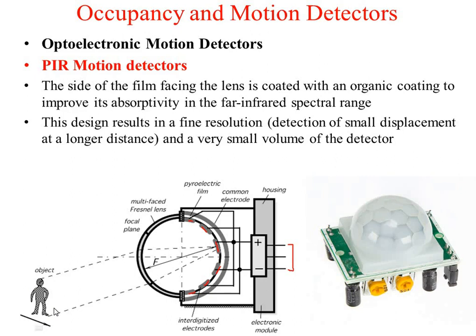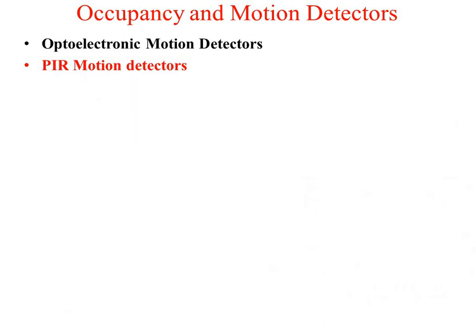And this is an example available for various applications. This is the PIR sensor, a PIR module in fact. You can directly connect this PIR module to your circuit, and it costs from a minimum of 55 rupees to several thousand rupees, depending on the application, the sensitivity, and the type of material used. So this is the low cost PIR sensor available in the market that you can use for your applications.